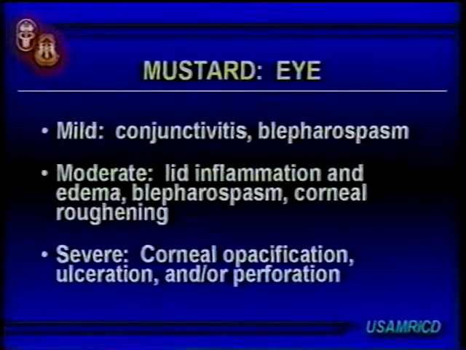The eye injury: the mild conjunctivitis, there's an intermediate, which is more severe, takes longer to heal, with edema and even roughening of the cornea, swelling, and a blepharospasm. And then there's a severe category that can be so bad there's even perforation of the globe, and it could even qualify for legal blindness.